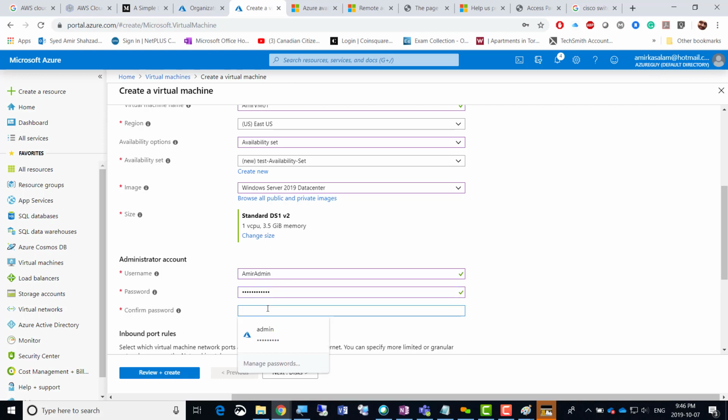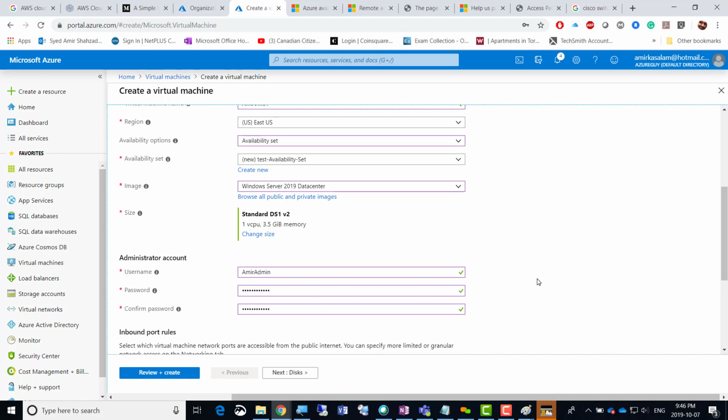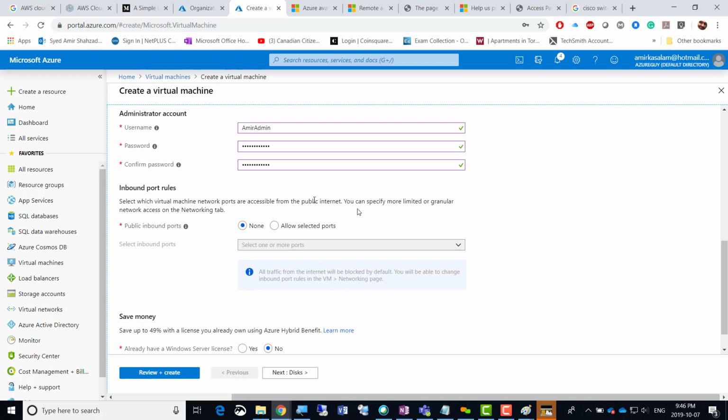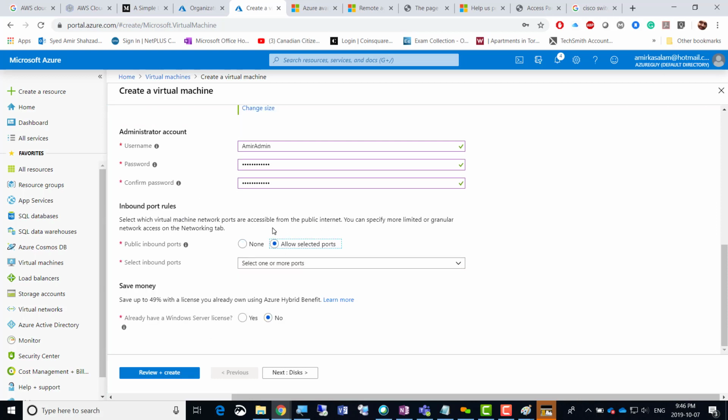So here I'm just going to put small abc, capital C, 123, and simple 123, especially in Office 365 classes. Now here it is accepting, so it is okay. But if you go for Office 365, then they don't accept this password, right? Okay guys, if you go further down here, there's inbound port rules. So which traffic you want to allow to this machine and which traffic you do not want to allow to this machine. So we can click the allow selected ports,